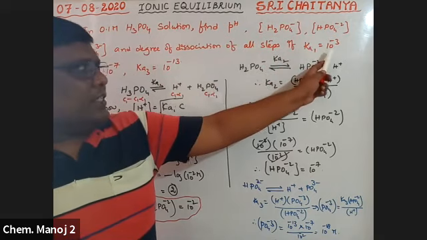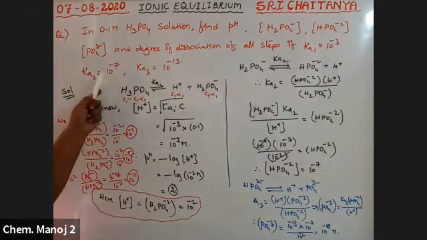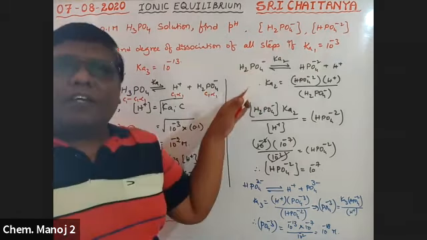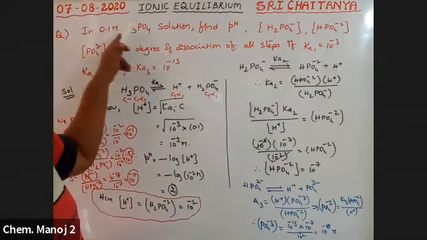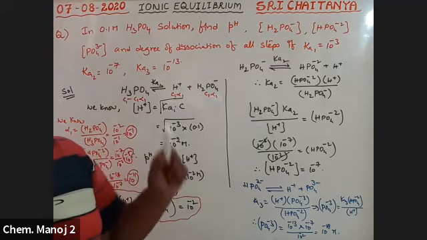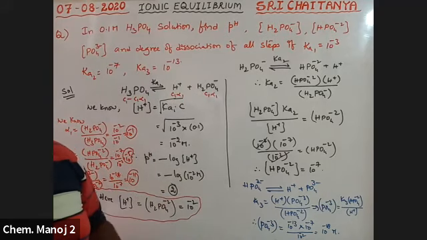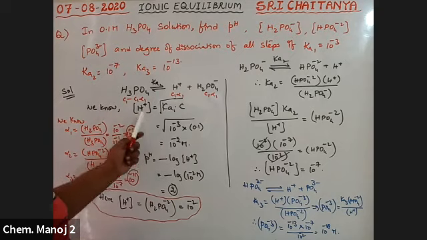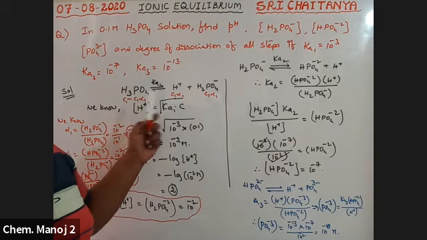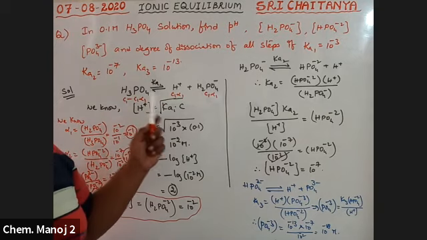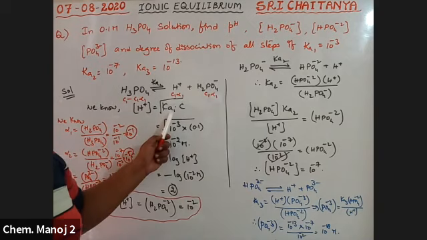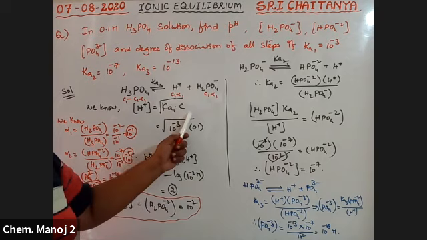If Ka1 is equal to 10 power minus 3, Ka2 is equal to 10 power minus 7, Ka3 is equal to 10 power minus 12. That means here the Ka values are given to you and the concentration of H3PO4 is also given to you. So find out its pH. First of all, we should calculate the H+ ion concentration. We know H+ ion concentration is equal to under root Ka1 into C, because we just completed that. In multi-step dissociation, the H+ ion concentration is mostly from the first step, that's why I'm considering Ka1 into C.